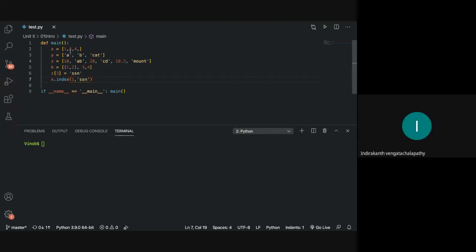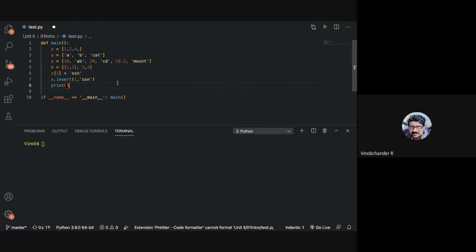In the place of 2. Place of 2, okay? With insert you have to give the index. So it is insert.